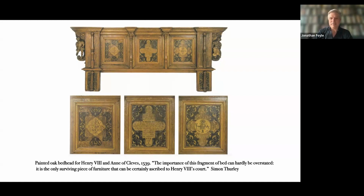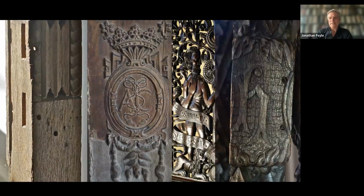And I would ask you that if it were not for the royal motto and the cipher and the description in the middle with the date of the wedding that it was made for, how would we recognize this as a royal object? If this survived and exists, how many other pieces might be out there unattributed? And I ask that question because we have a technology today that allows us to scour the world, looking through collections of museums, sometimes private collections, auctioneers' catalogues for things that are of interest to us. And in the field of